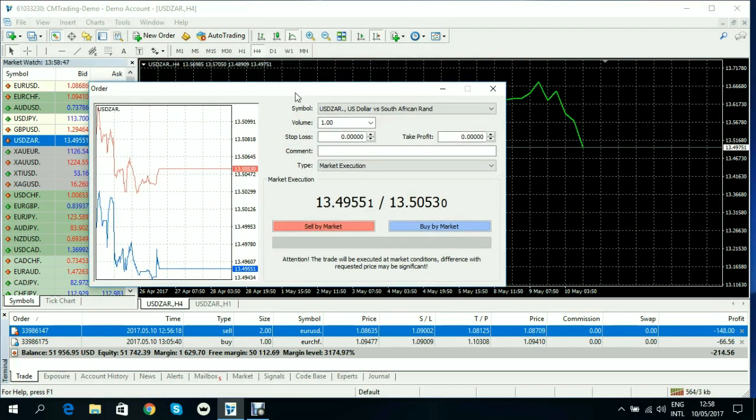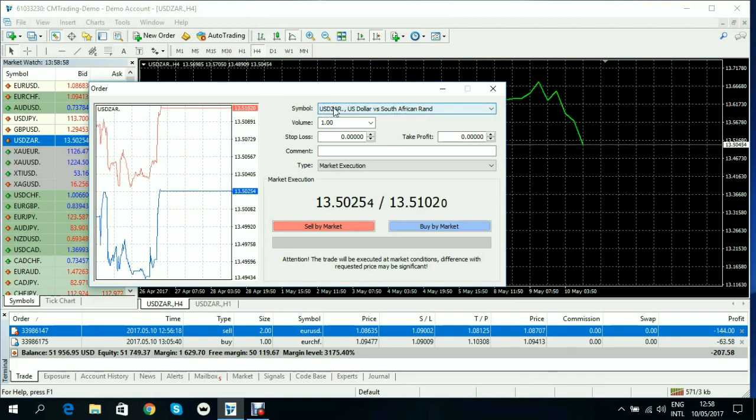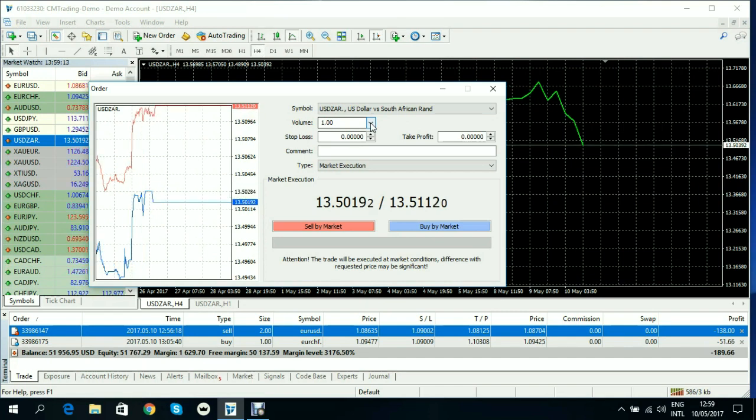We first have to check that the symbol on the chart corresponds to the symbol on the order window. Then we make a decision as to how much we are ready to invest, or what volume size we are ready to place on this particular trade. All right, so let's say I want to place